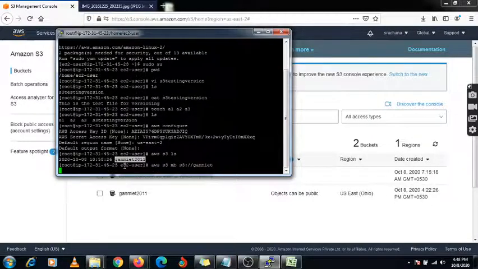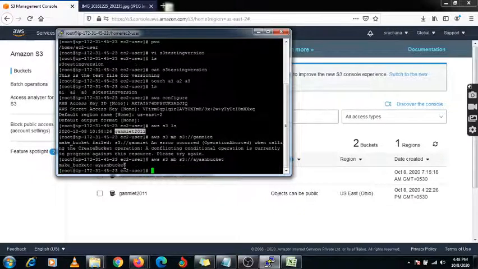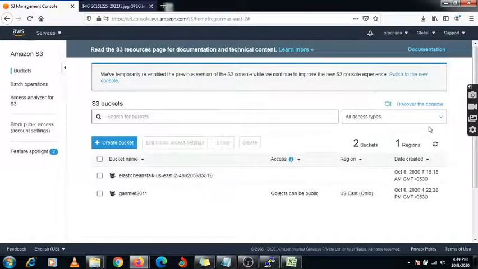Suppose I am giving gun MIT, so it is facing some error. Okay, might be it is already available, so I am going to specify the name ion bucket. Yeah, perfect. This ion bucket is now created. You can check under it.